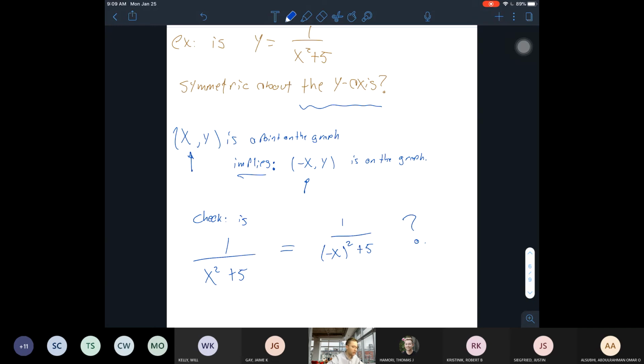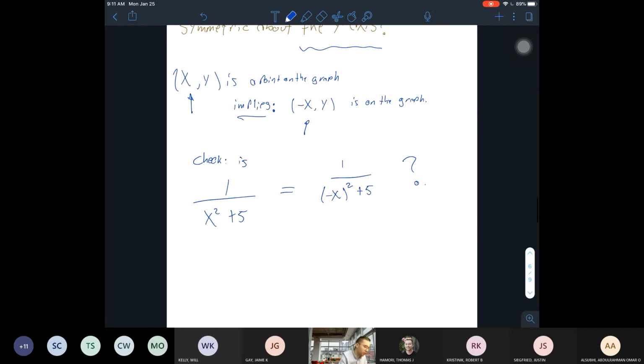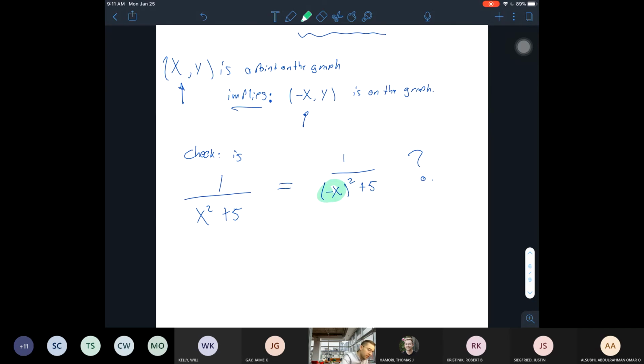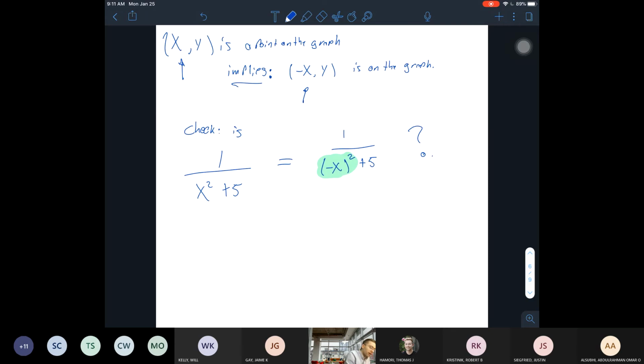Okay, so what do we think? Is this equation true? Is 1 over x squared plus 5 equal to 1 over negative x squared plus 5? Bunch of yeses coming in, and it's true because if we take any negative number and we square it, we get the same thing as if we just took the positive number and squared it. Since -3 squared is equal to 9, that's the same thing as doing 3 squared, right? So yes,